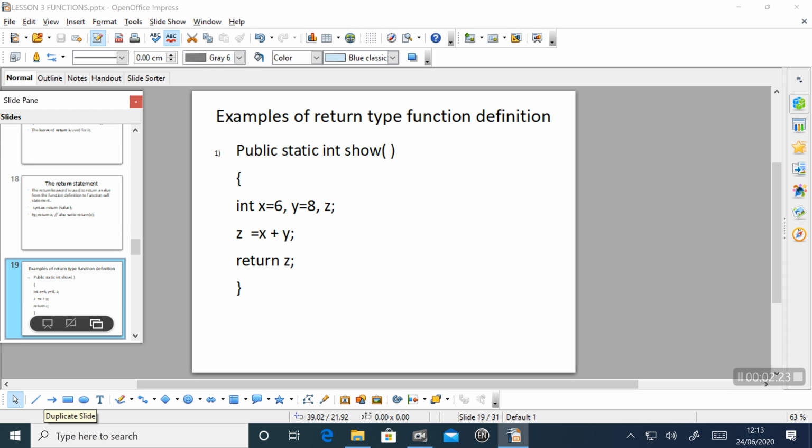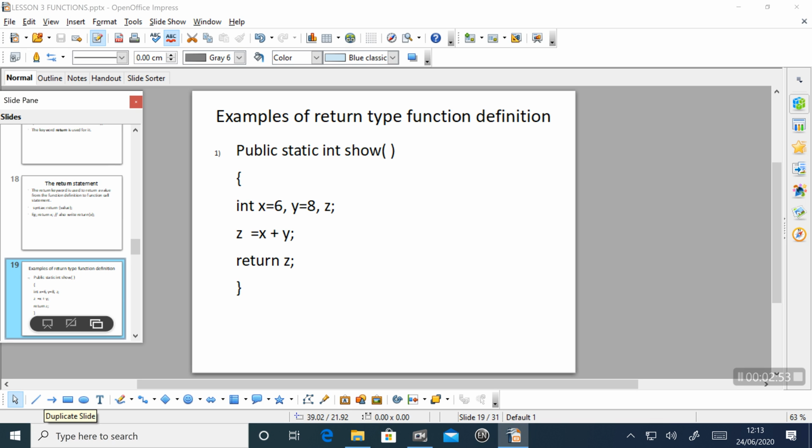Then some examples of return type function definition. Look here. One example is public static int show. Here the data type is int. The function name is show, and we can see three variables inside this function, x, y and z. We are finding the sum of the variables x and y, and we are returning the value of z.